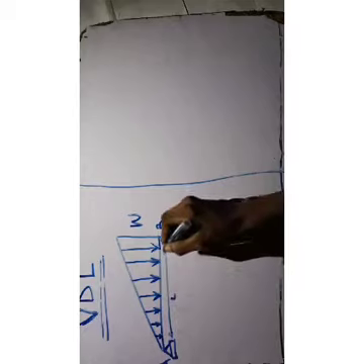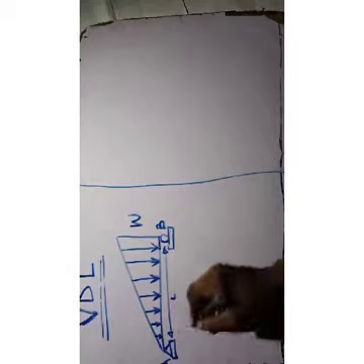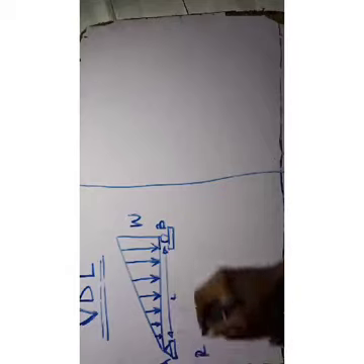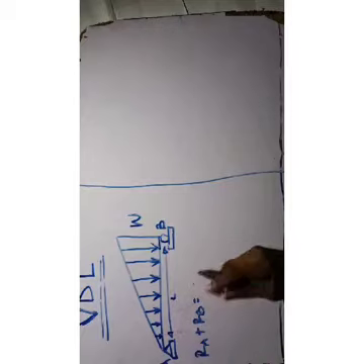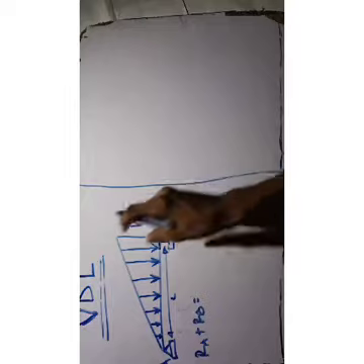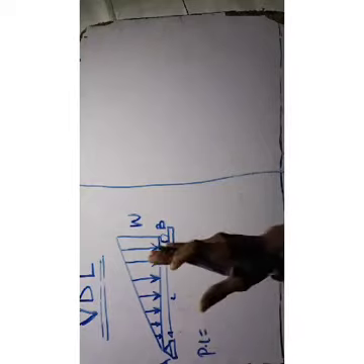Here, the first thing you do is cross section. If you want to take reactions, you have RA plus RB equal to the half base times area of this. So the point load for this VDL will now be, if you want to cross section this thing, you have